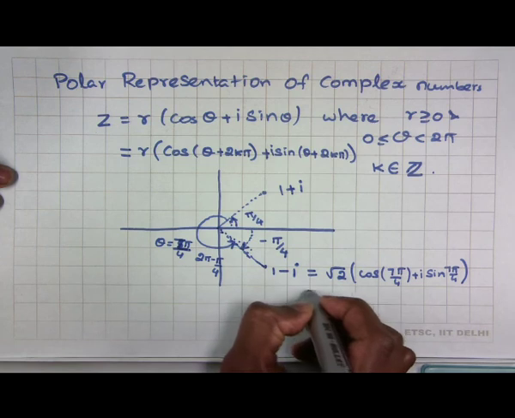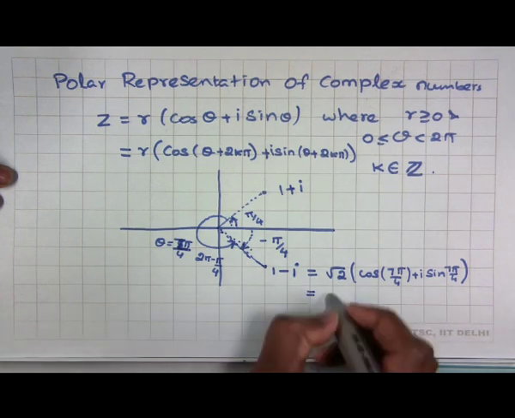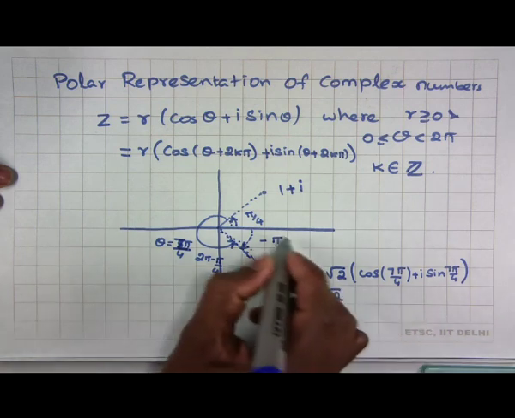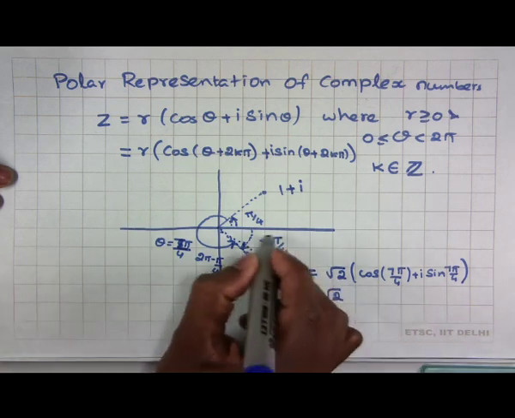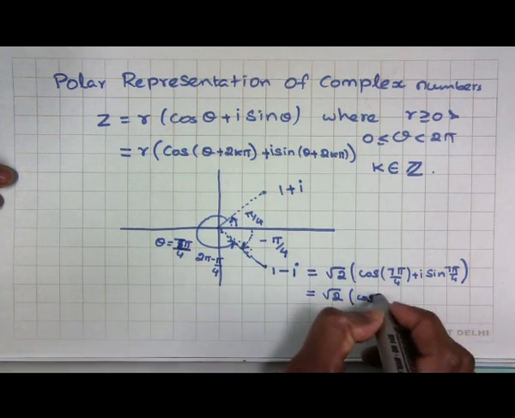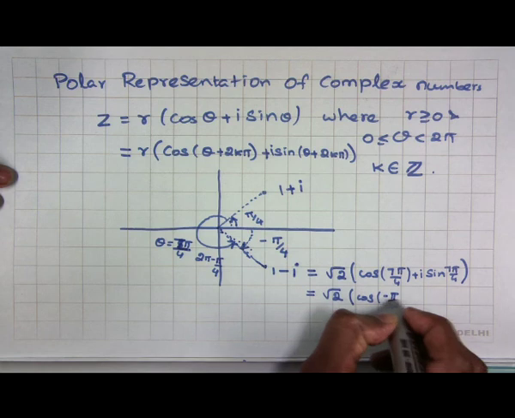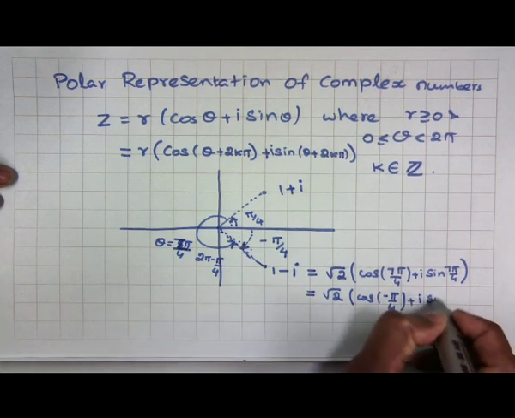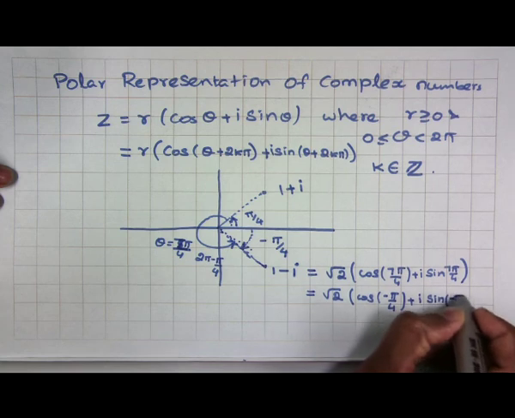We can also verify that this is the same as with respect to theta being minus pi by 4, that is cos of minus pi by 4